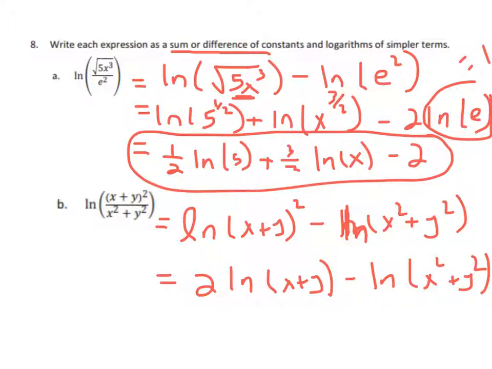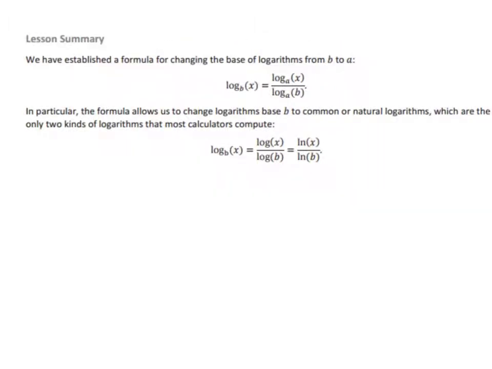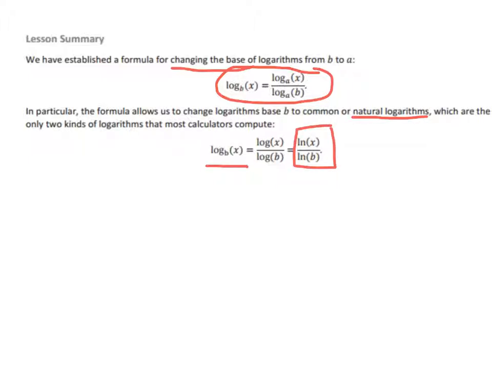All right, time to summarize. So we have established our change of base formula right here. That's the key. There's your formula. If you have the change of base, anything you've got, log of whatever the base b is of x, put the log of whatever it is of x over the log of b. And we have a formula to change logarithms into natural logarithms, so ln. And when we're talking about that, here's what you've got. Start off with it, and it can be changed into the natural log of x over the natural log of b. So we're going to do a bunch of problems